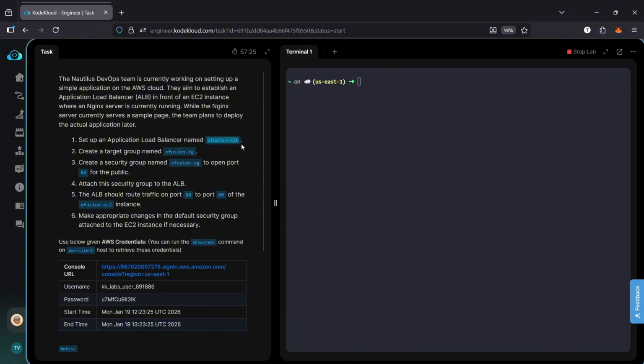and we need to create the target group, and then we have to create the new security group and open the port 80, and that security group needs to be attached to the created ALB. After that, we need to allow the port 80 to the instance of the Xfusion EC2 in the EC2 console. So also we have to make appropriate changes in the default security group that was attached to the EC2 instance. So now click on console URL,